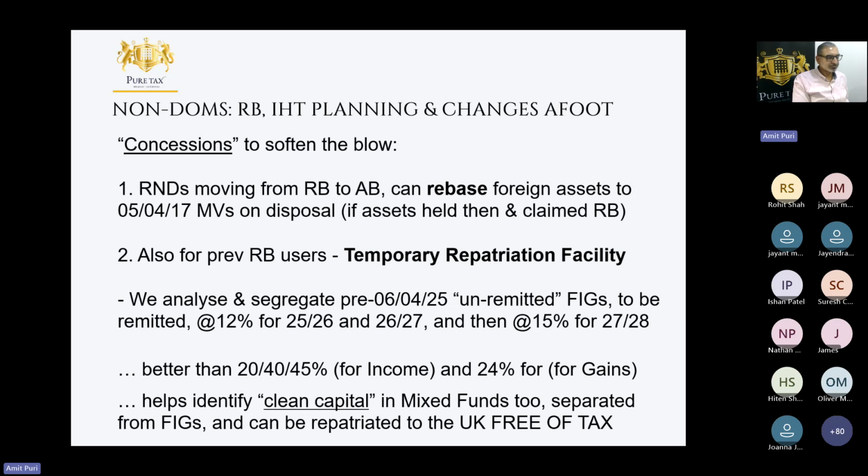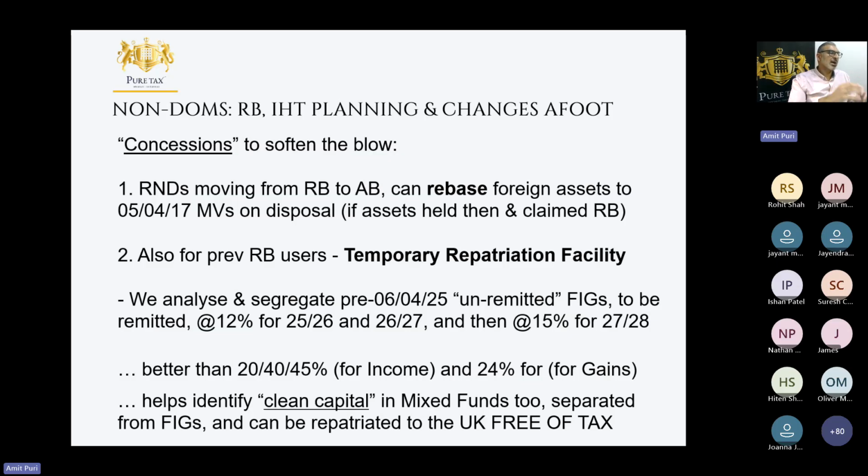But the really interesting one that they're doing here, and we're getting lots of interest on this, but mainly we're working with wealth managers and lawyers overseas at the moment because they can see the value in this and introducing their clients. For people that used the remittance basis for a long time, that could be 5 years, 10 years, 20 years, whatever it might be, a lot of these people now are sitting on pools of foreign income and foreign gains that haven't been taxed here because of the remittance basis, but they are being encouraged by the government to bring that money here, right? They could invest it here, they could gift it here, they could spend it here, or quite frankly, they might not even bring it here.